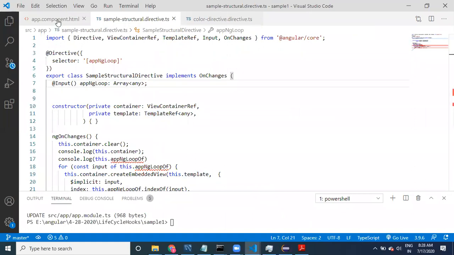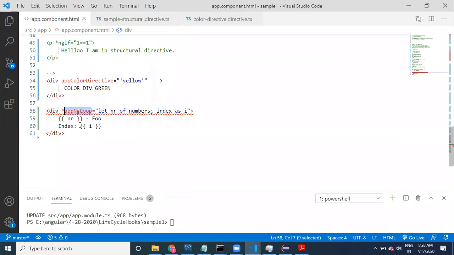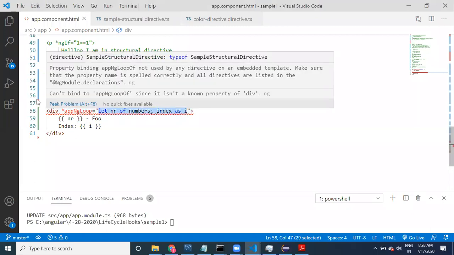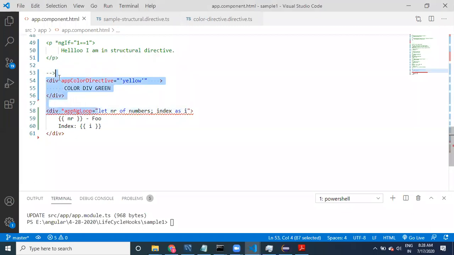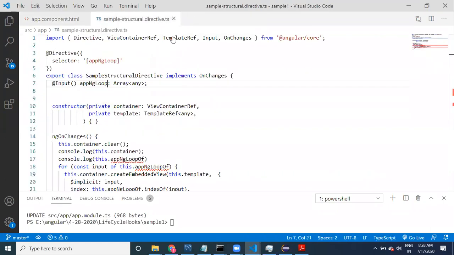Let's look at it in HTML. Even though the directive name and property name are the same, it is going to give you an error. It has to be the same. We have to provide app ng loop, and see here what I need to take exactly: of.